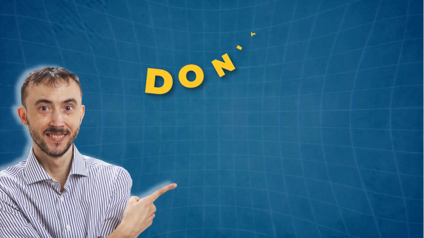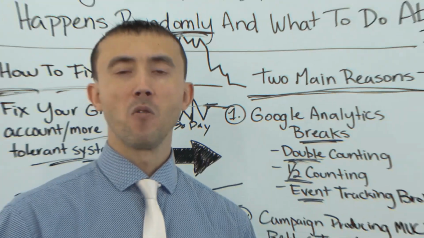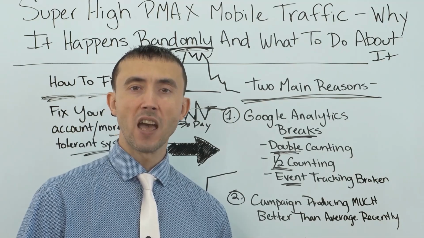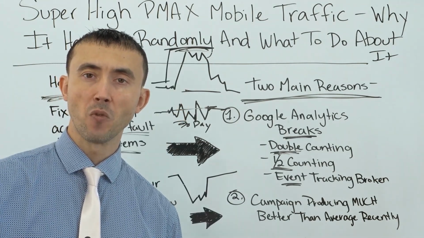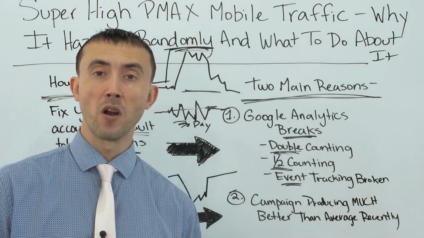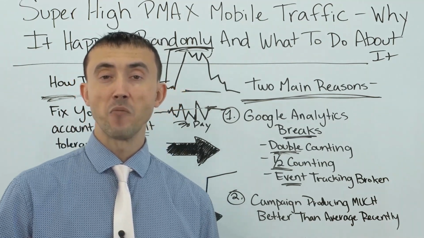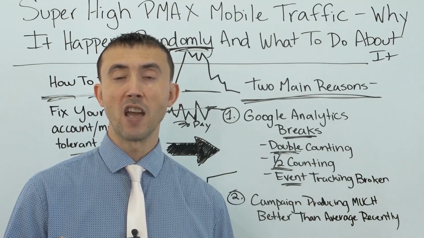And then the second thing is, don't have your target set too low. If you have a return on investment that's 400% on your PMAX campaign, and you have a campaign set up for 200% ROAS, I would suggest you raise the target ROAS up closer to 400%, with the caveat being, don't change it too quickly, because you can really screw stuff up if you change